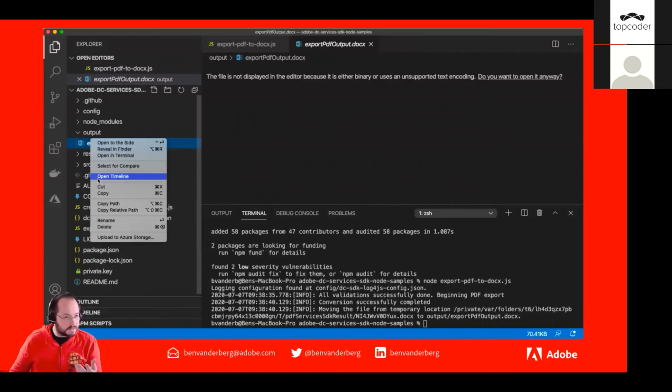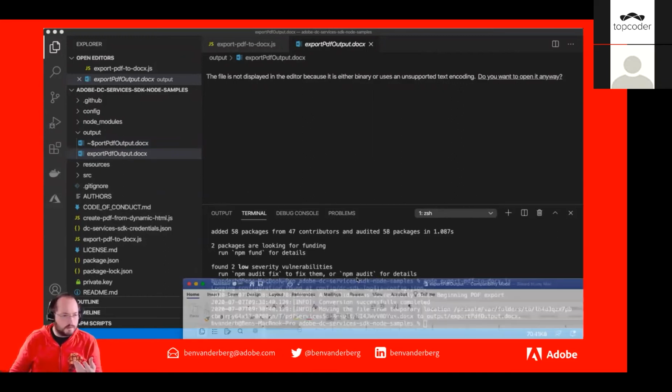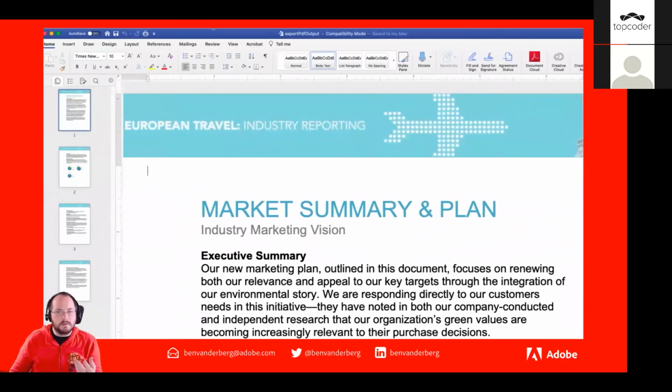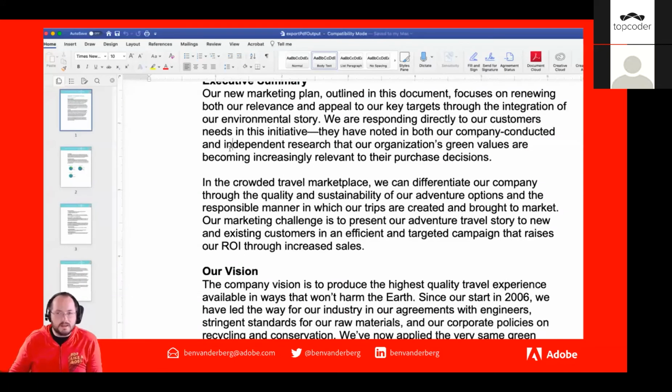So here we can say, let's open this up on my computer. So now we can see here that I have this Word document that is now easily re-editable, and the original document